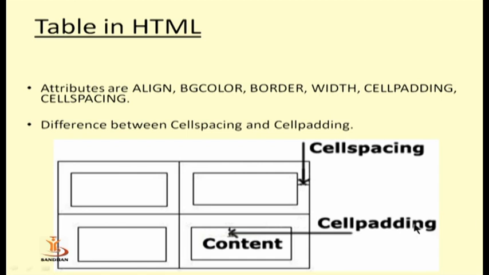And the next attribute, that is cell padding. Now cell padding is a kind of attribute which shows you the space between content and the border. So you can understand this: when you increase cell spacing, the space between two different cells is going to increase, but content and border remain having no space. While when you specify cell padding, the cell padding will put the space between your border and the content.